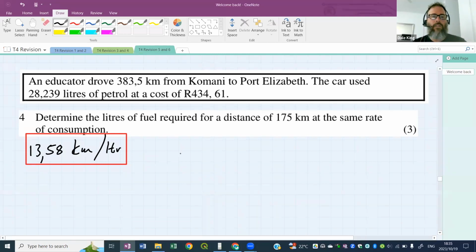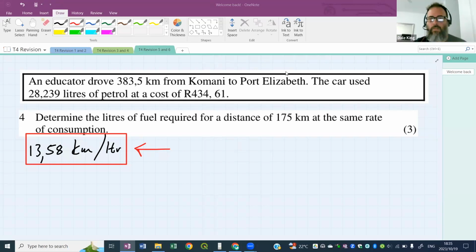Excellent. Okay, so let's have a look at it. So we could redo this from the contextual information that we have in the box at the top. But if this is our answer here from question 3, I think, then let's use this to help us. We know that you can go 13.58 kilometers on 1 liter. And they want to know how many liters will you need if you've got 175 kilometers? Well,